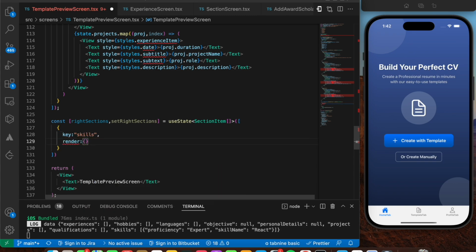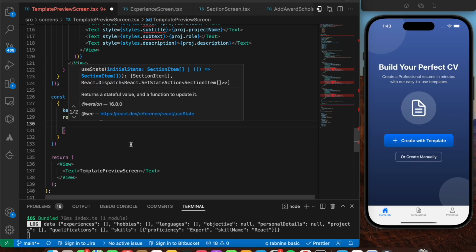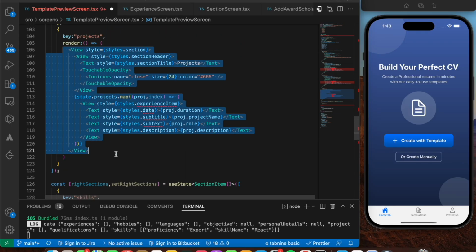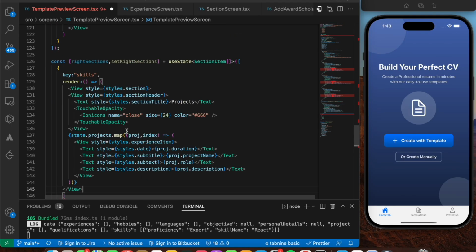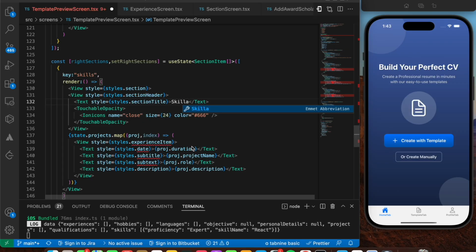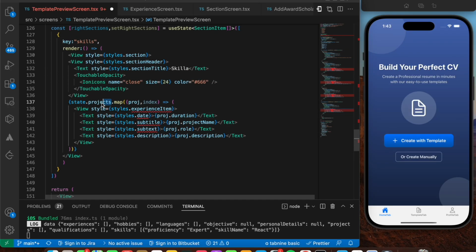Here again render. So here initially it's going to have the view. Let's copy that down and then make the changes. So here it's going to say skills instead of projects. So I'm going to say skills over here, and it's going to have again the close icon. That's going to be simple. Here we're going to say state dot skills, map over that. Then for every skill,